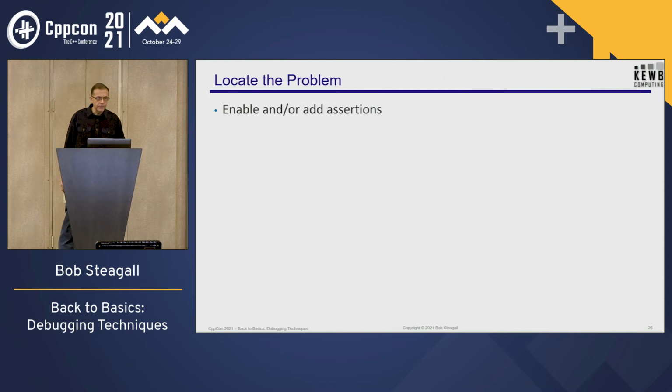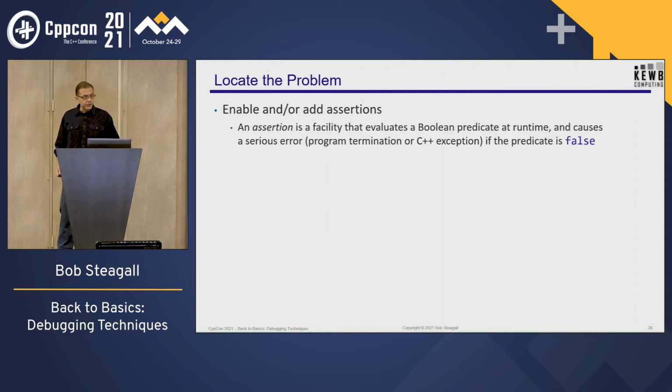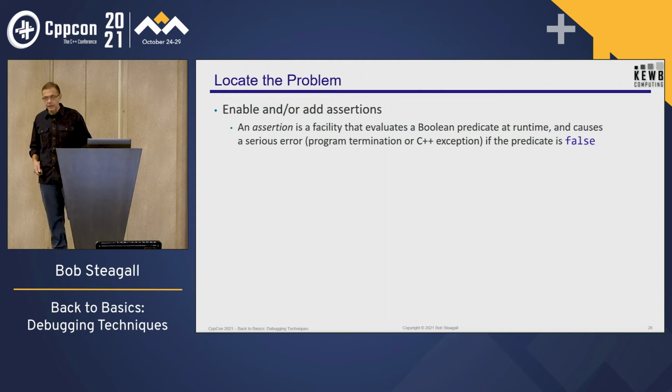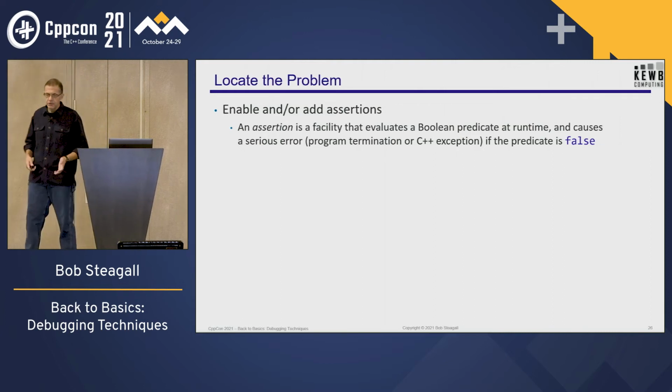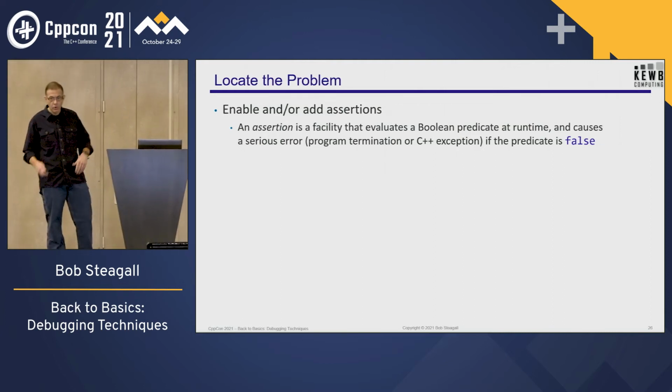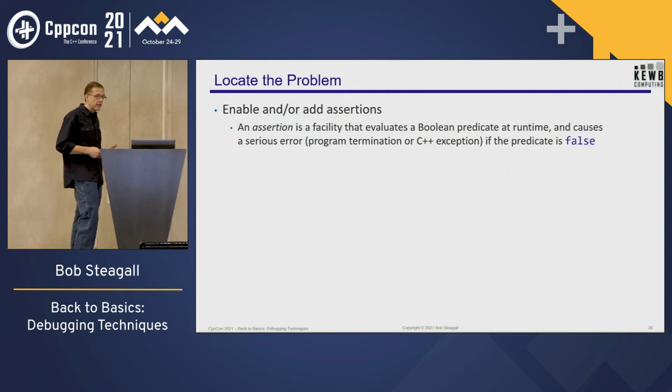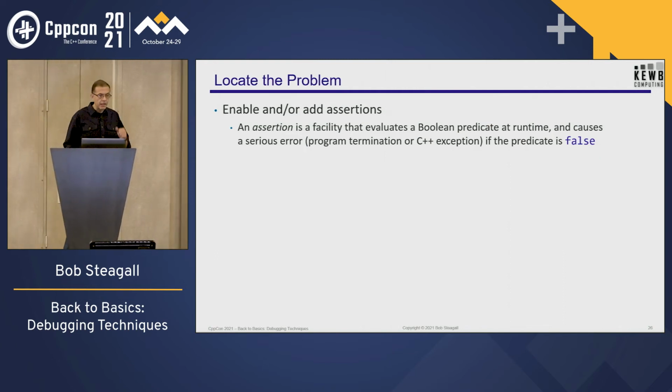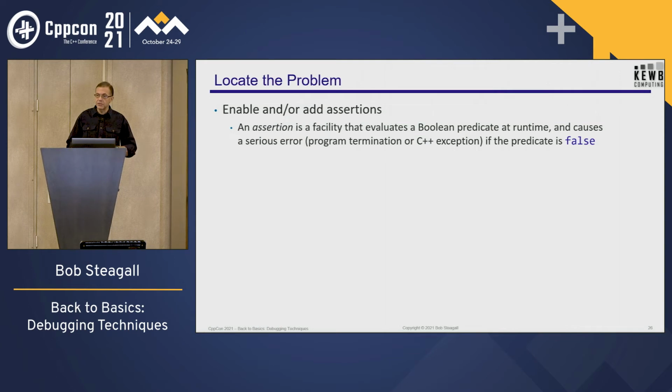A very easy thing that you can do is enable or add new assertions. By this, I mean static_assert in your source code, or the assert macro in the code itself. An assertion is a facility that evaluates a predicate at runtime, and it causes some sort of serious error, some huge red flag, if the predicate is false.